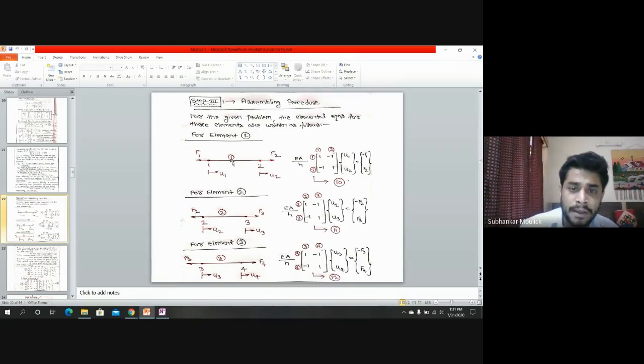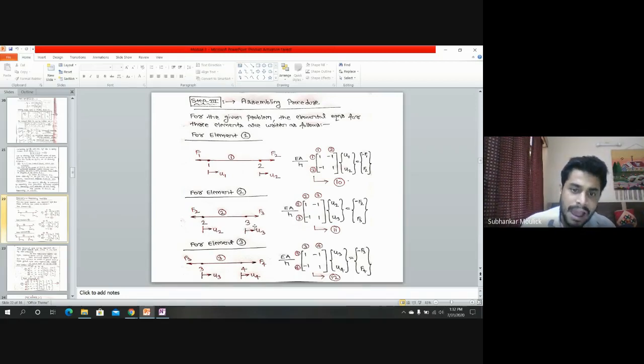See, element number 1 is starting, meaning I am moving along element 1 from node number 1 to node number 2. So this will be my 1. First row will be 1, second row will be 2. Similarly, if you go in column, first column will be 1, second column will be 2. So I have written 1 2, 1 2. Clear?